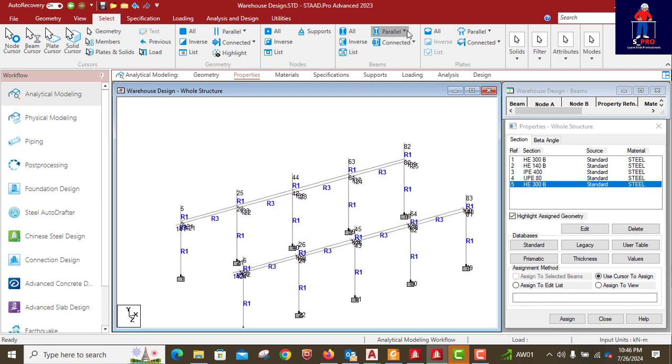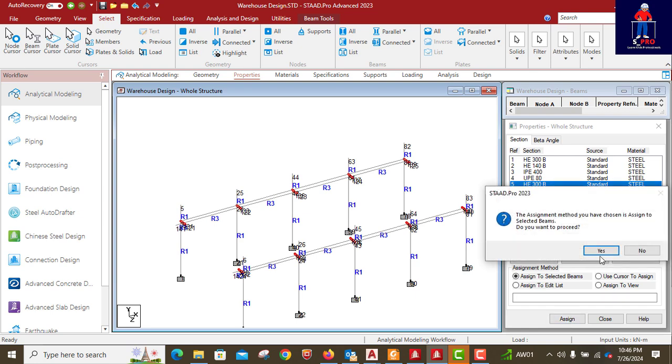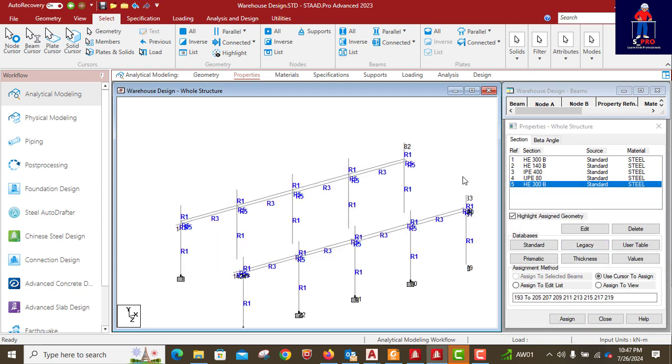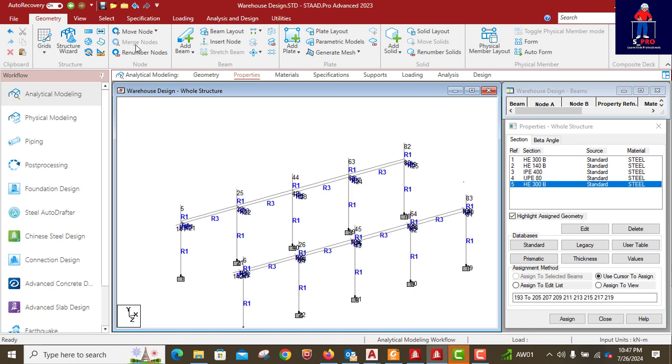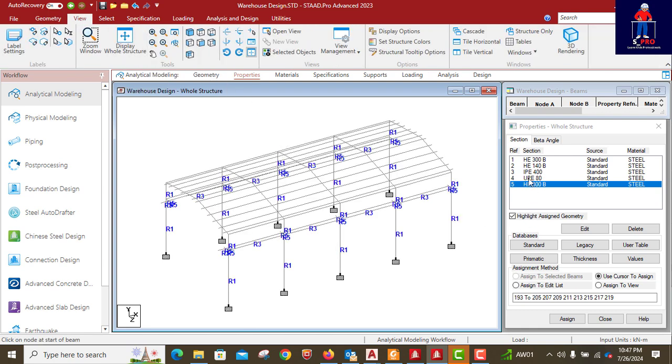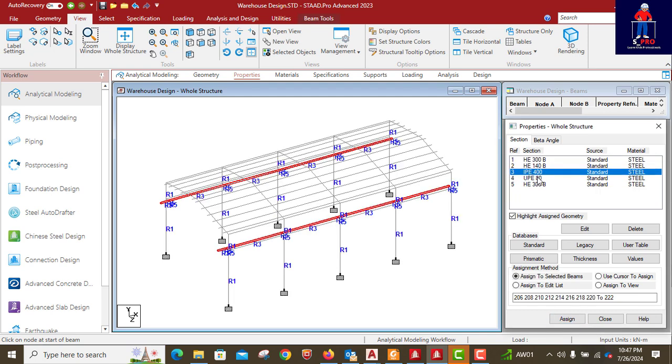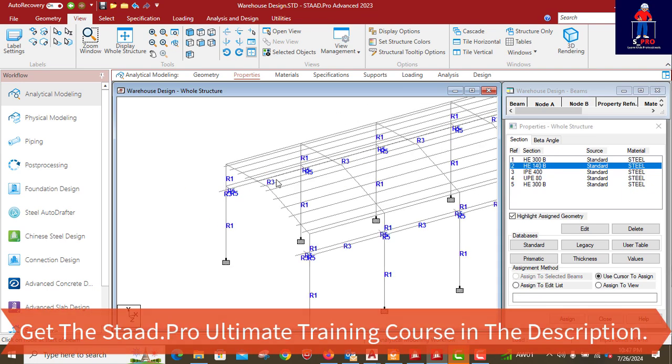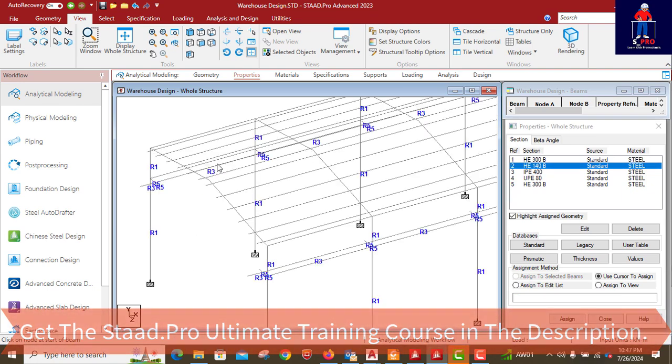Okay, so let me select, maybe bring back the other members. Okay, my rafters it will be 200. This way